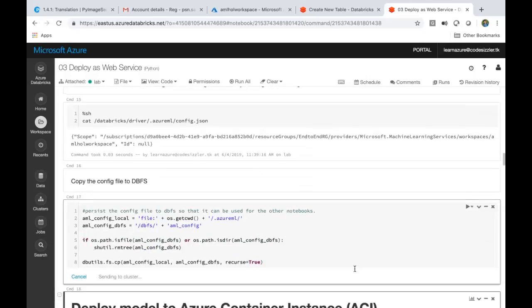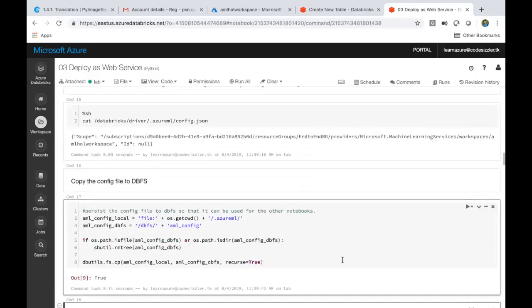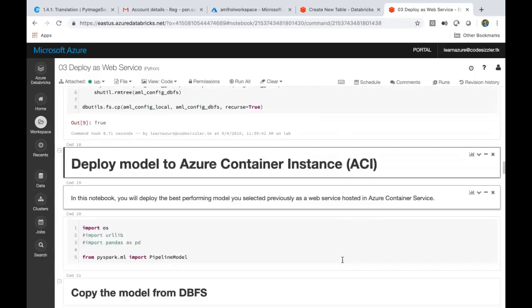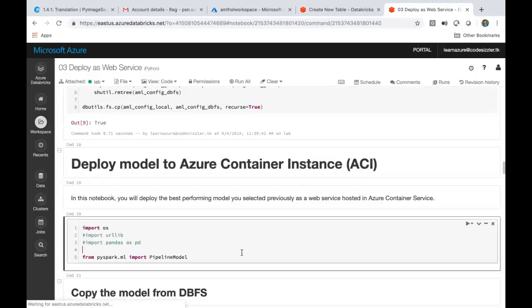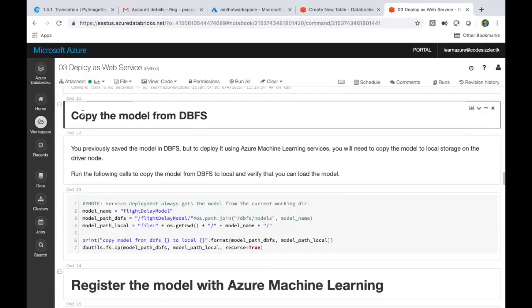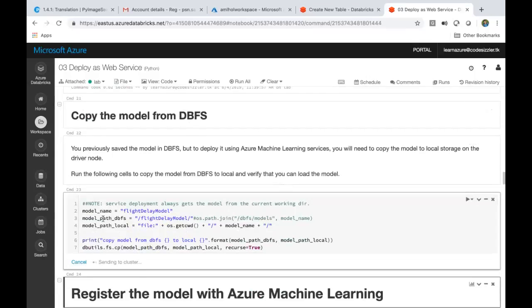So that I'll have a global variable. I don't need to worry about this always because it will always be there. Even if the cluster is off and on, it will be there. So now the next step is to deploy it into container instances, right? So I'll just define my pipeline model here. Now, again, I'm copying the model from DBFS to the local instance. Locally here, I'm creating it here. Basically, when you're registering a model, you want to have a configuration defined. So I'm again taking control over it from my DBFS path. I'll say move into this path, and then